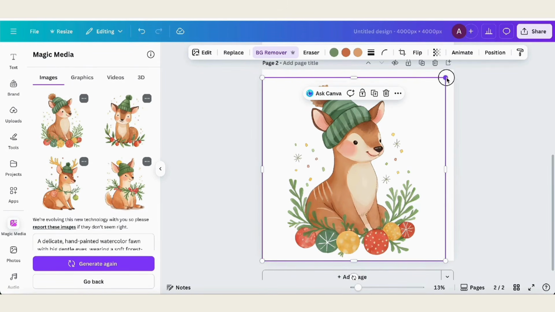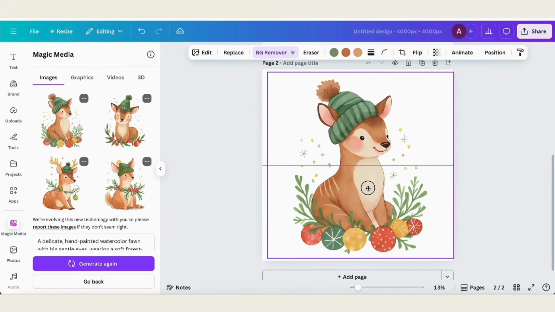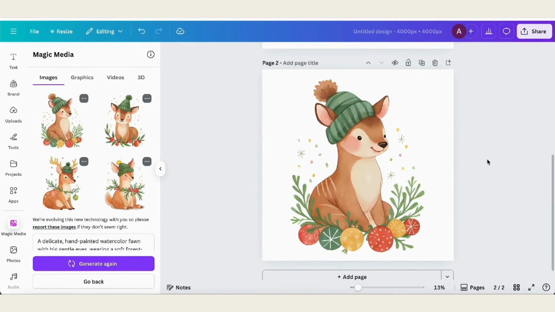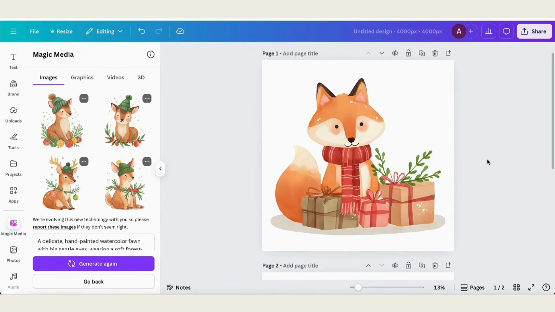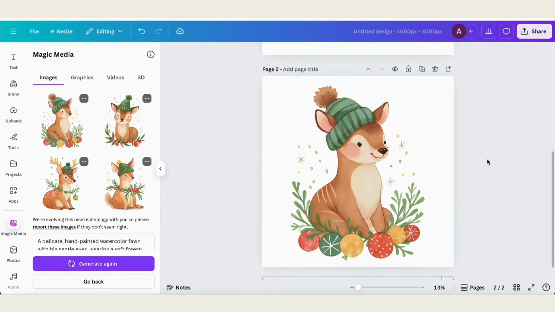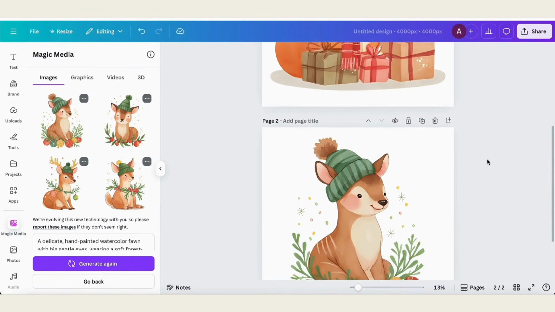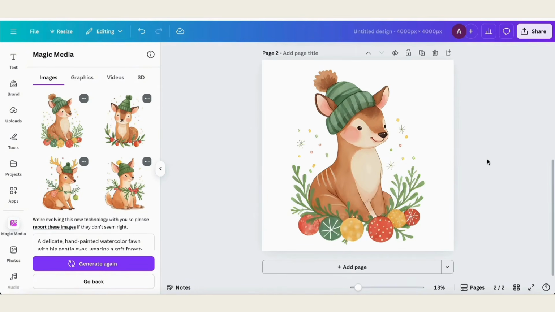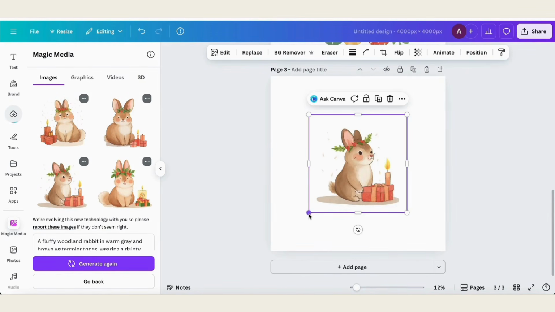I'm going to size that up a little bit and center it. And that's looking really good. And I think it fits nicely with our fox character here. And it's just different enough that it has the same theme, but there is a little bit of difference in the images themselves. And now I'm just going to repeat that process for a few more of our prompts. I think these are pretty cute. I'm thinking maybe